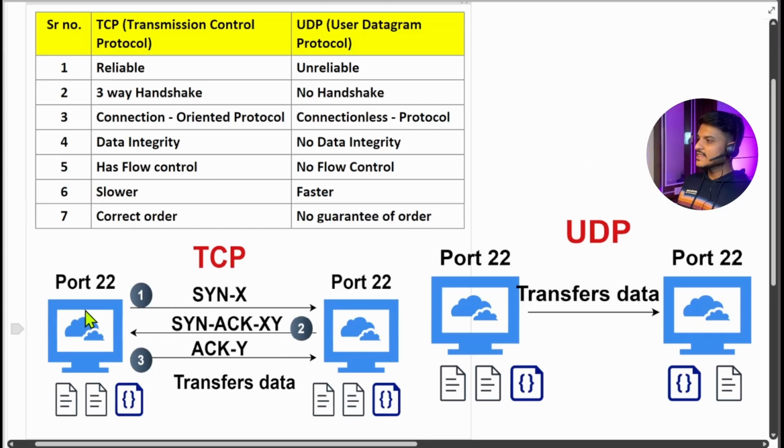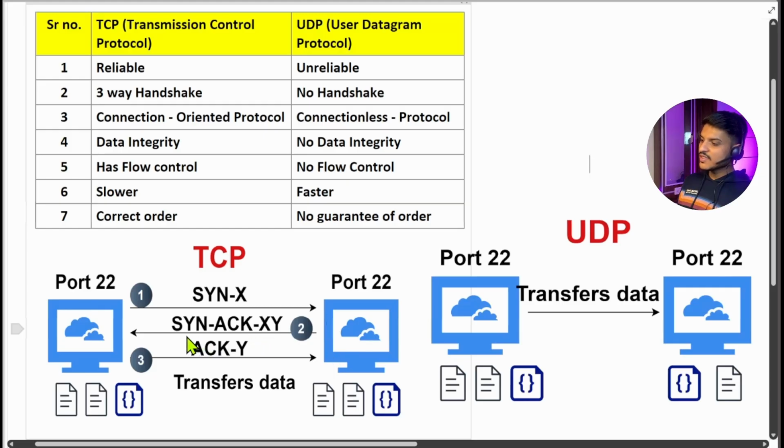If I take an example of the three-way handshake, let's say two different systems are accessible on port 22, and both systems want to communicate on port 22 only. First, system A will send a SYN request to system B by sharing a packet X. Once computer B has received the SYN request from computer A with packet X, it will acknowledge that request